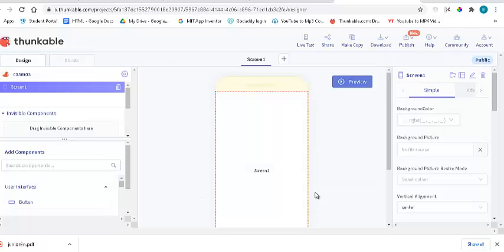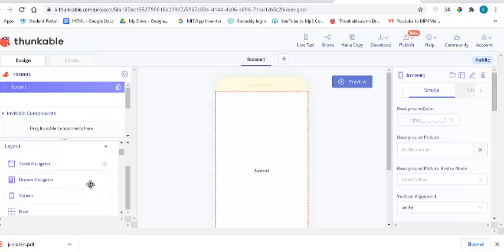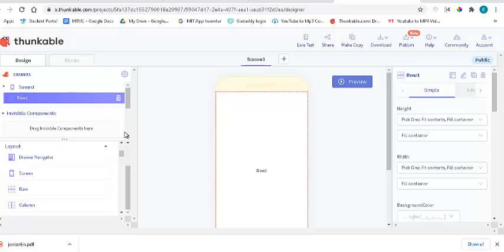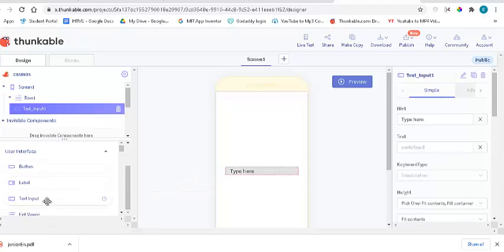Now in this case we are getting two inputs and I'm going to try to put them together, so I'm going to use the layout block called row here. So I'm going to drag and drop a row here. Now I'm going to drag and drop two text inputs. I'm going to close this one, go to user interface,